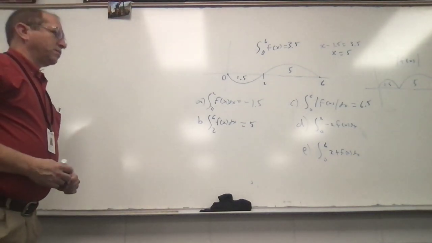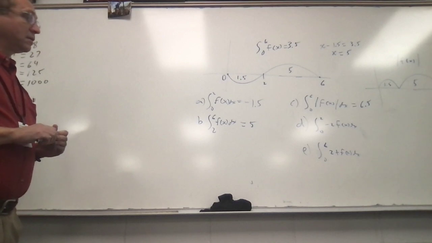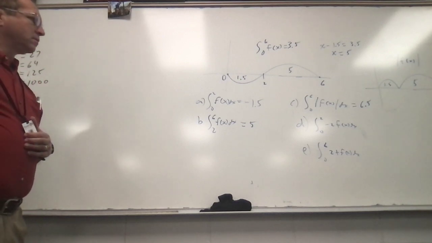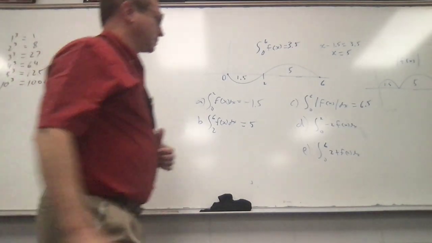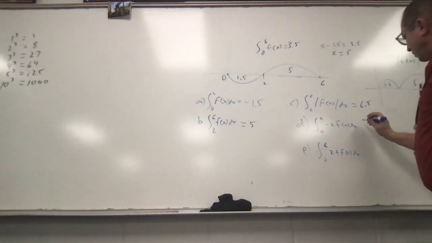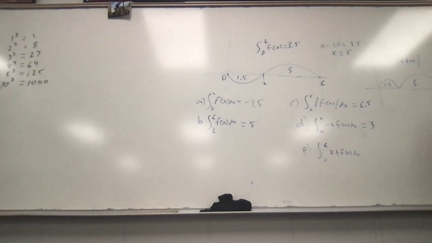Okay, so in the next one, what did y'all get as your answer? 3. Because it would be -2 times -1.5. So that would yield 3. All right, now,